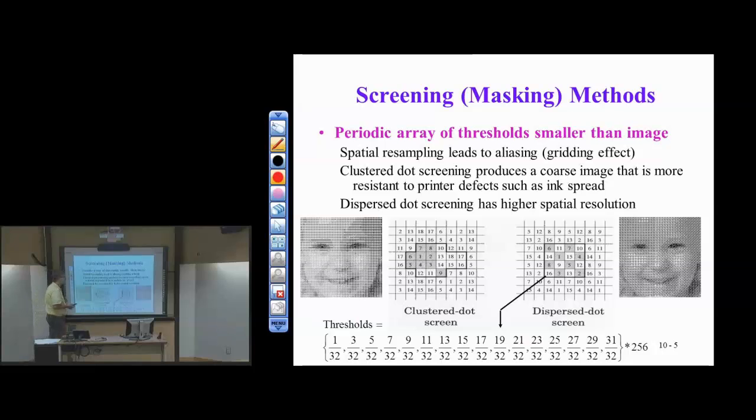All right, so here's a periodic array of thresholds. Again, you can do this for clustered dot screens or dispersed dot screens. And this really is a spatial resampling effect that leads to this gridding effect. Okay, so here's an example of a clustered dot screen and a dispersed dot screen. Let me do dispersed dots, which are a little easier to see. So for dispersed dot, I have this